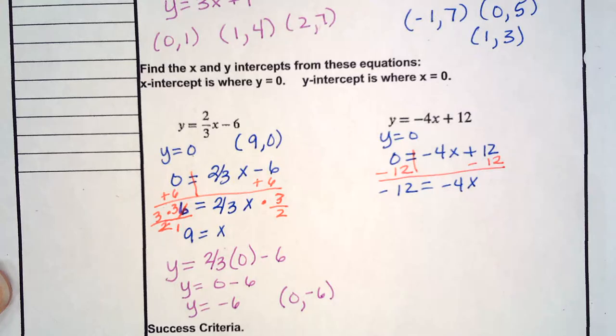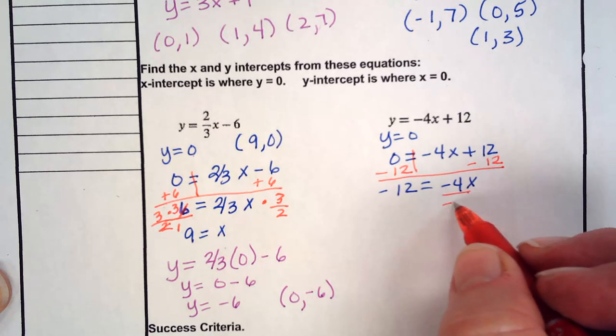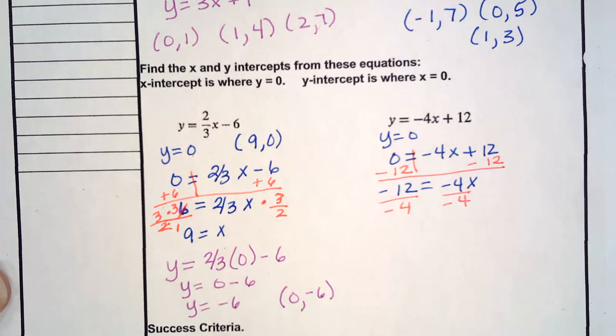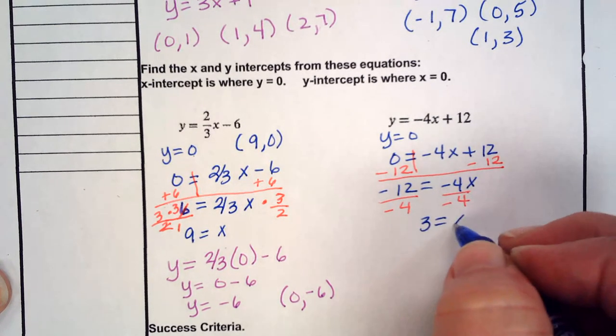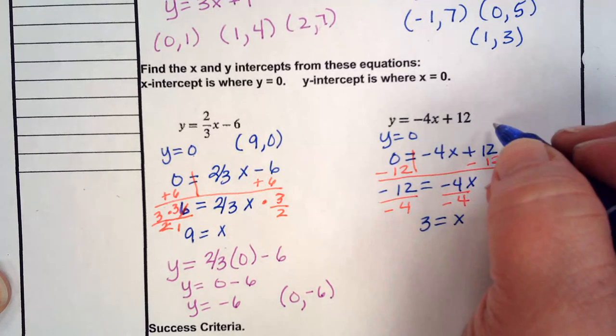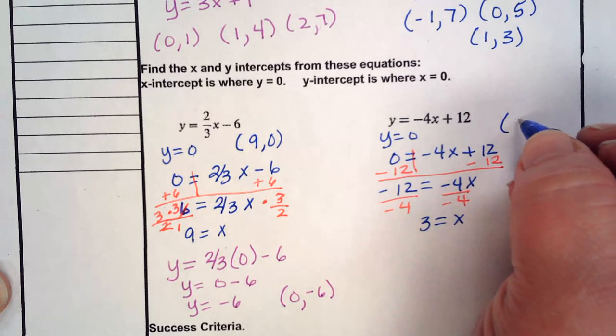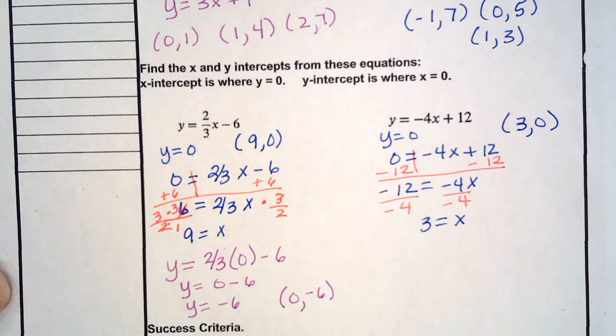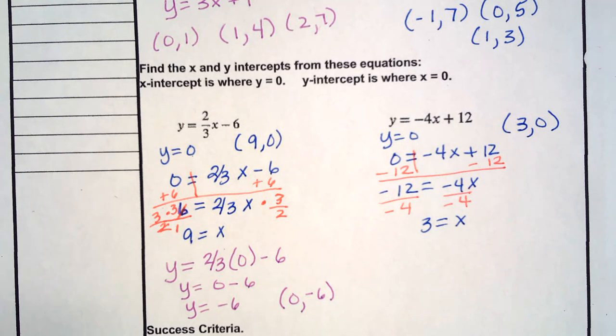Divide by -4. And 3 is equal to x. When y is 0, x is 3. So the point is 3, 0. Okay, now let's